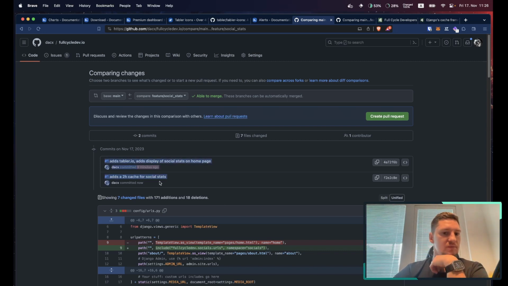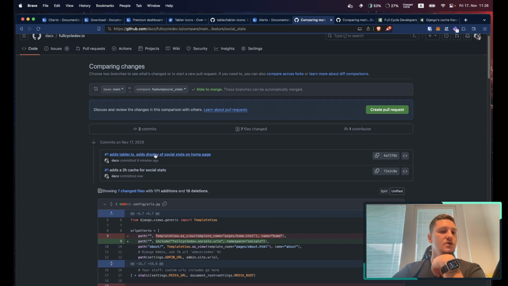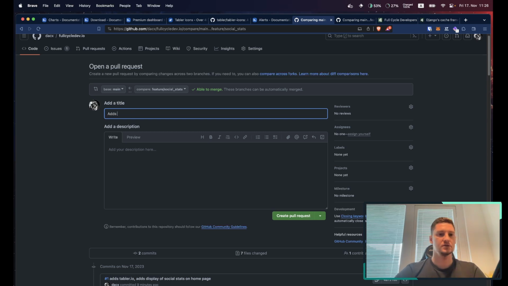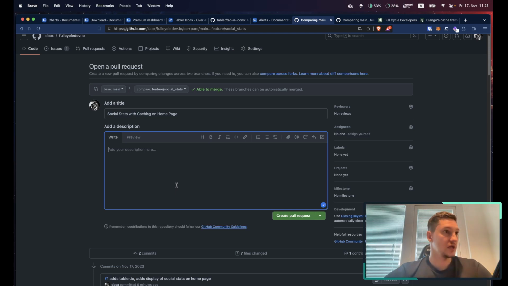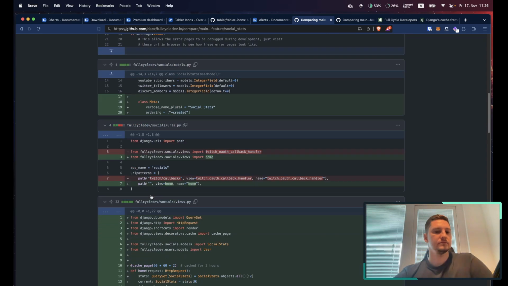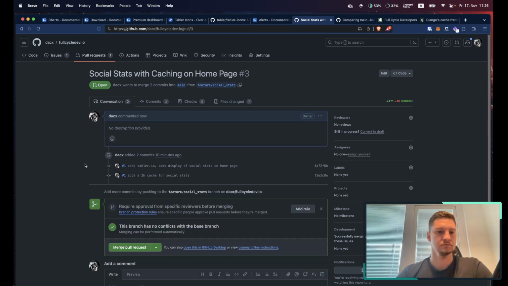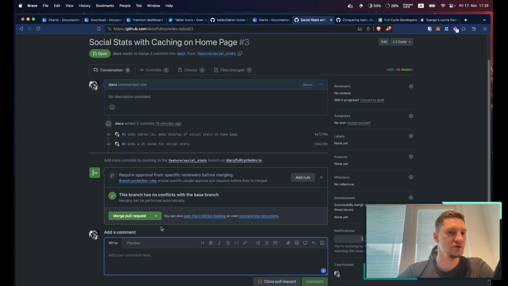Okay, so the two things that are new here are both the display of social stats on the homepage and the caching. Yes, I want to create a pull request. We can give this a name: add social stats with caching on home page. Usually we want a nice description because someone else will review this. If you created all of this, you write here what you did, why you did it, and, for example, your reasoning for the 2-hour caching. Then you create a pull request, and another person will make reviews. They can write stuff here, they can link stuff here,